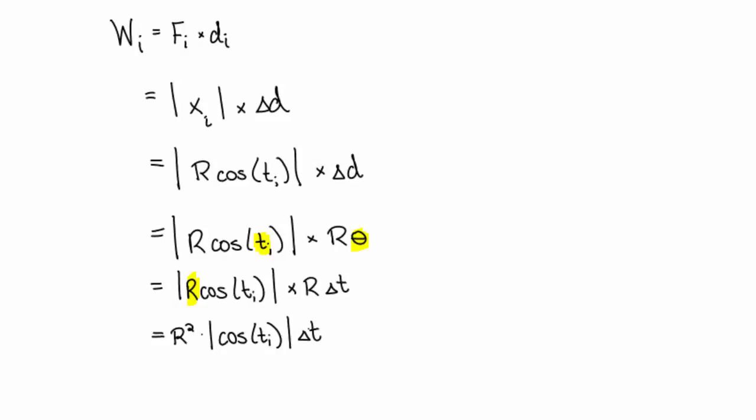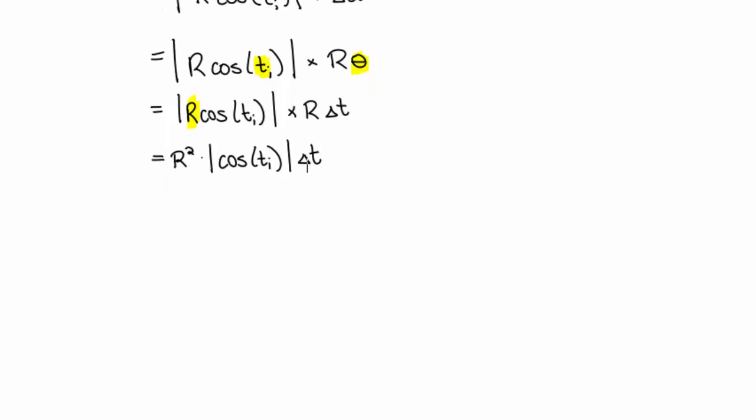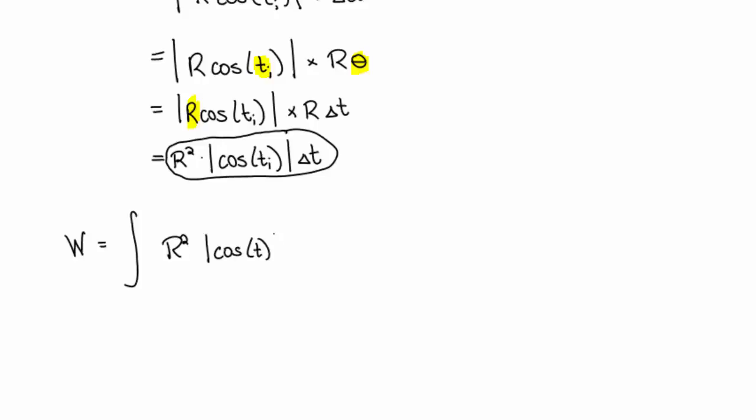Now I'm ready to compute the work done on this particle. This also, by the way, requires you to remember how to integrate an absolute value. This is kind of a tough problem. This is not a problem that I would expect most students the first time they've dealt with a work problem to be able to do. That's why I'm doing it in a lecture video, right? So, okay, the total work done is going to be, we're going to integrate this work formula here. So capital R squared times the absolute value of cosine of t dt. And we're going to do that from time 0 to time